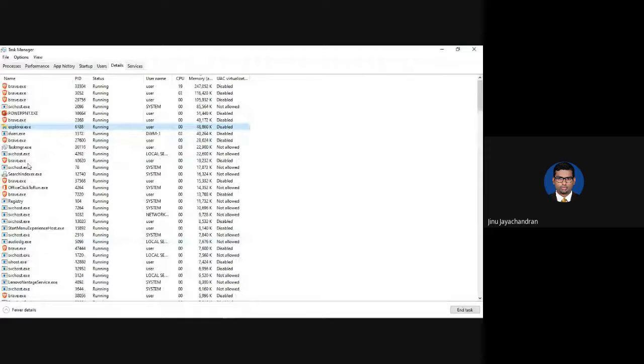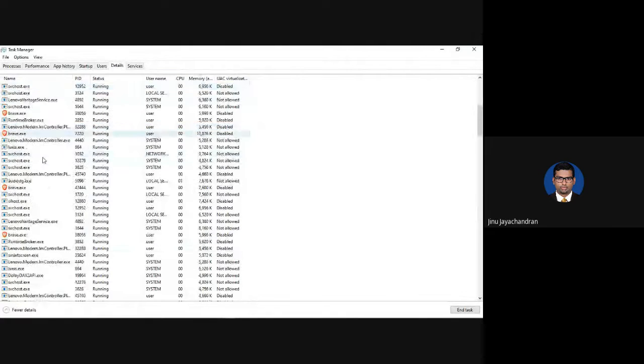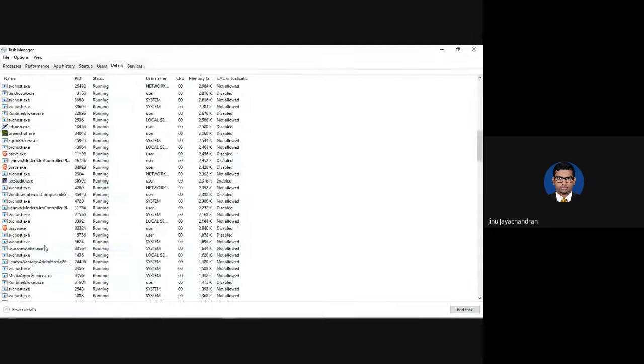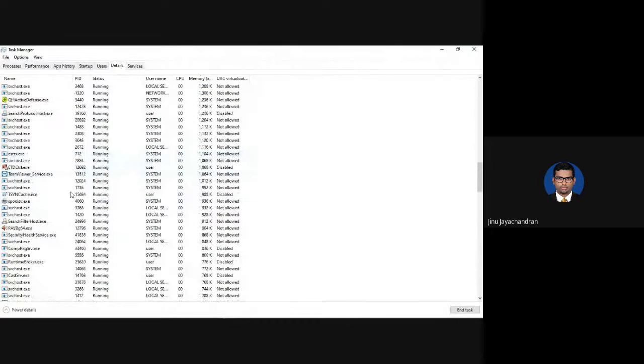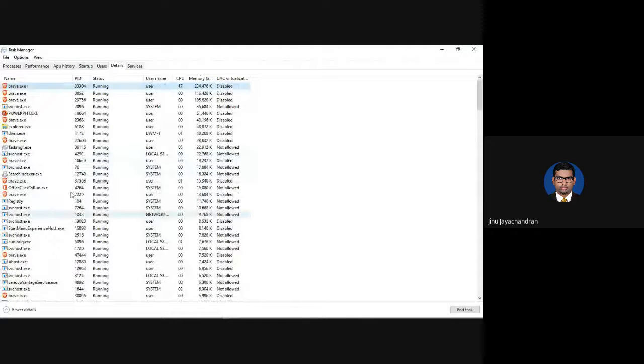So you see that although there is only one operating system, you are running hundreds of processes or tasks parallelly. This is called parallel execution. My system is, I think, a Pentium, which means that I have only one core. Although there is only one core, you are running almost hundreds and thousands of tasks at the same time.